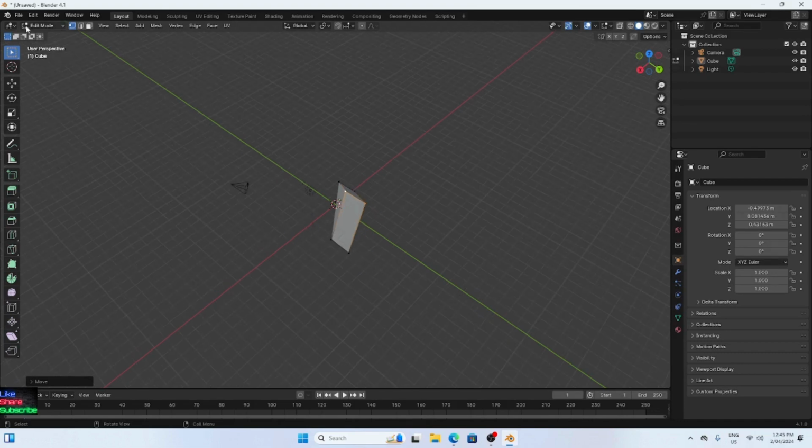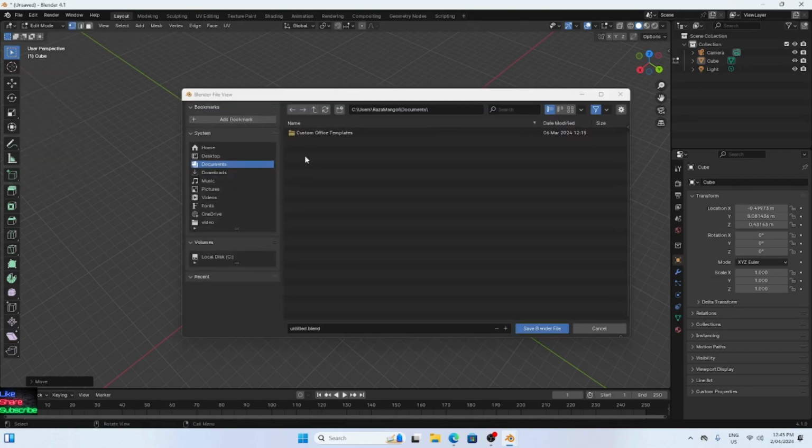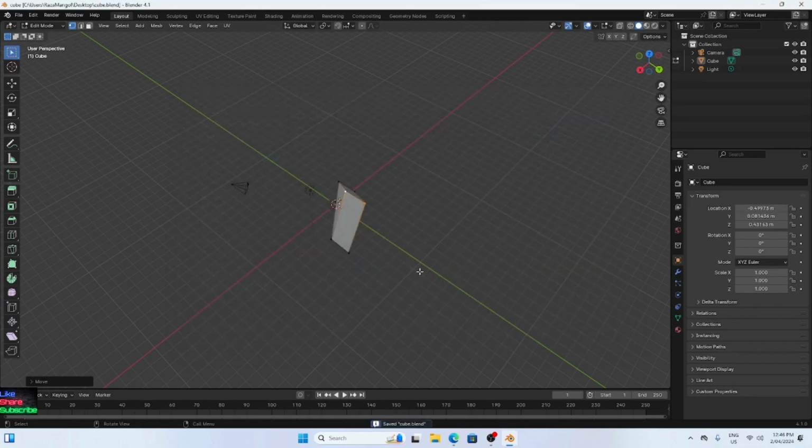Let's see, if you want to keep this file so it will come next time you work on it, you just have to do save. And then it asks where you want to save it. You can save it here and name it cube. If you want to save on your desktop, click on desktop, cube.blend. So that's the name of the file. Save the file. It will save it for you. Next time when you come